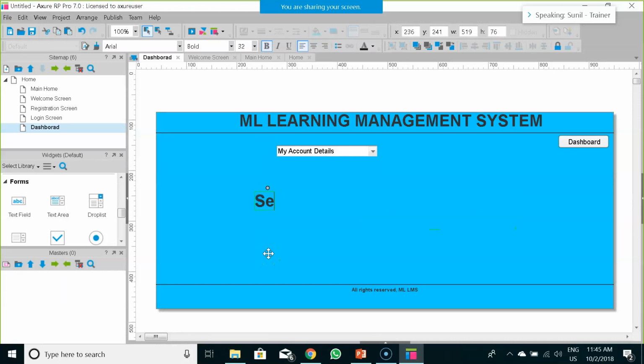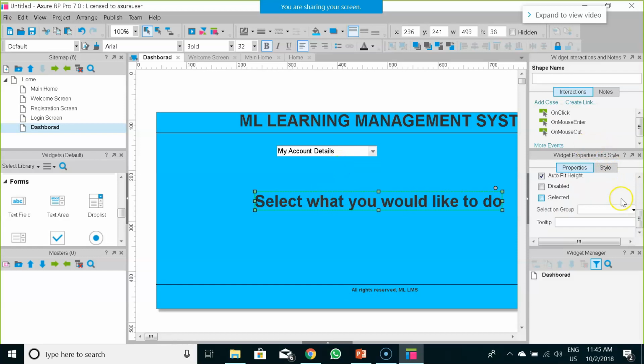So I would write it as, select what you would like to do. After selection of this particular menu, the respective page should appear.